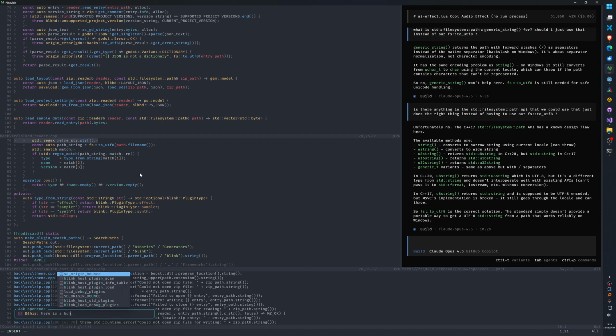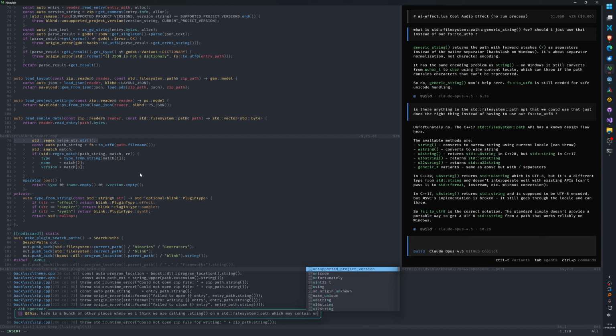Here is a bunch of other places where I think we are calling that string on a path which may contain wide characters. Fix them all.